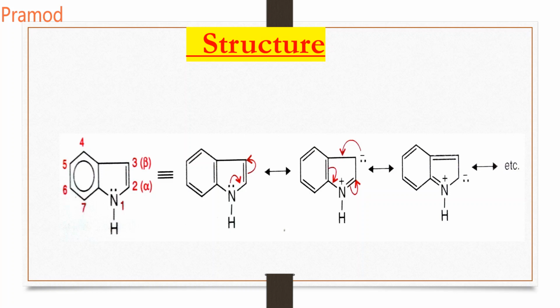This is the basic resonance that occurs in your benzene. It can move towards the benzene moiety also. This delocalization takes place along the benzene also. This is the reason why the reactivity is slightly less, because the electrophilic reaction is slow, because of the lesser availability of the lone pair; it gets delocalized, so it is less available. That's why it is less reactive compared to pyrrole, thiophene, and other mono heteroatom, monocyclic heterocycles.